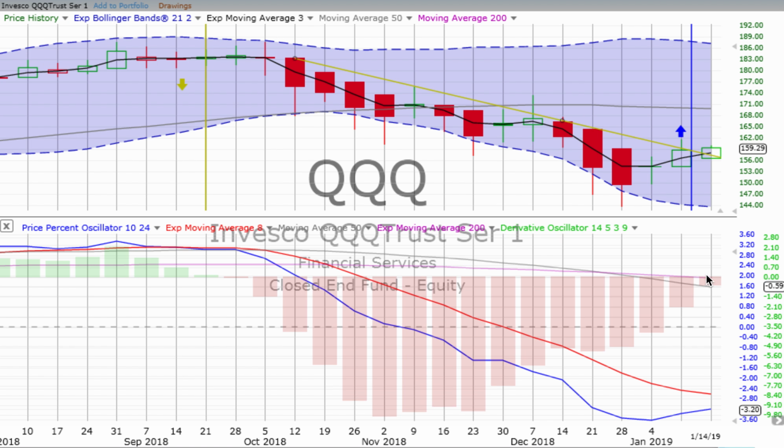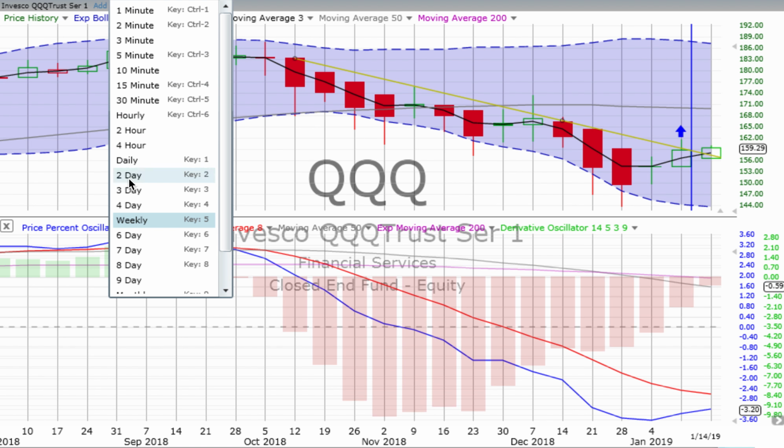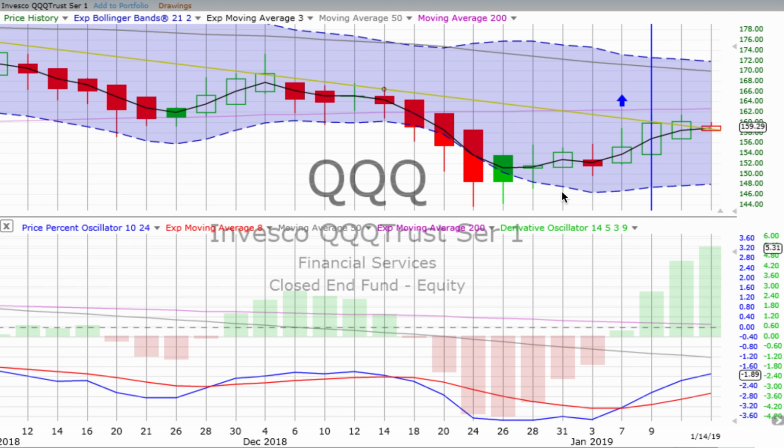Derivative oscillator losing downward momentum. That price percent oscillator is heading up, but things are still in a confirmed move. It is significant that price movement has pushed through the weekly trend line, the best line you could draw. It has pushed through. So that tells us we do have some upward momentum taking place, but it has not caused a crossover on that weekly chart. So again, sentiment still down on the NASDAQ 100.